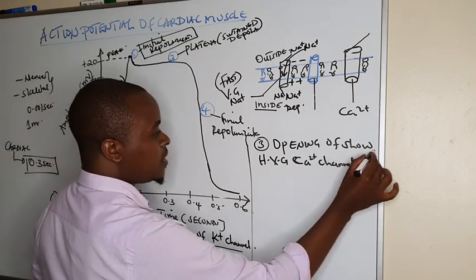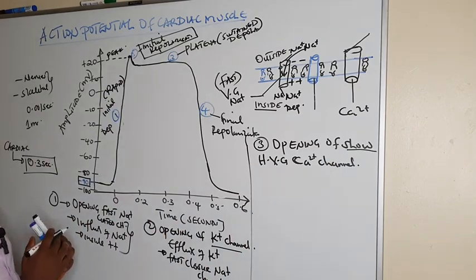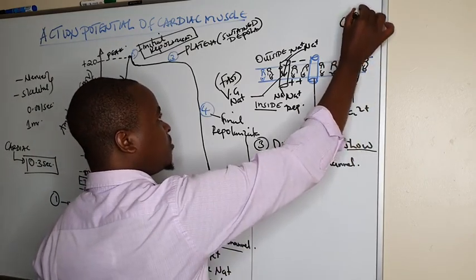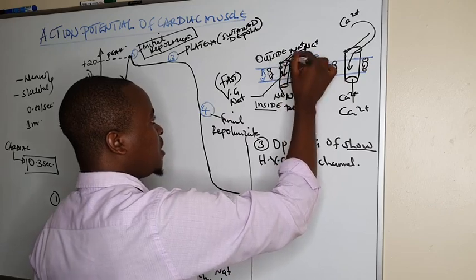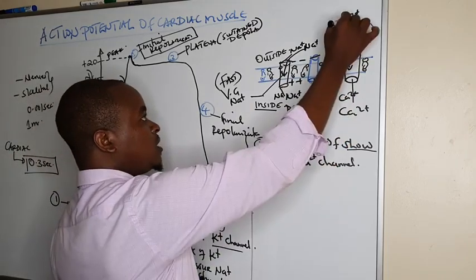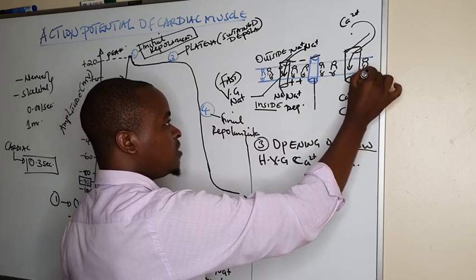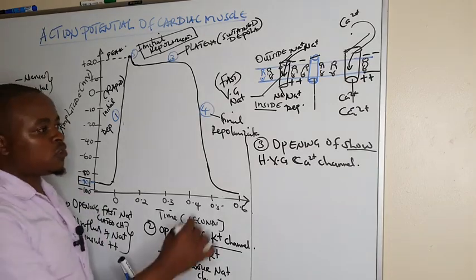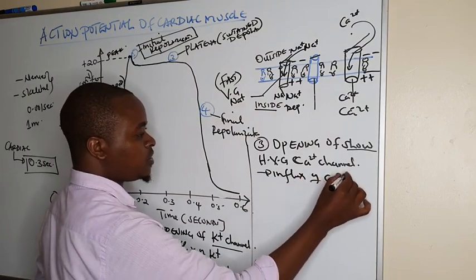So when they slowly open, remember the sodium closed already, meaning we're going to see influx of calcium from outside to inside. Remember the sodium channels are closed and the fast-acting potassium has also closed. It is going to cause the inside to become positively charged and outside negatively charged. So this opening causes influx or entry of calcium ions